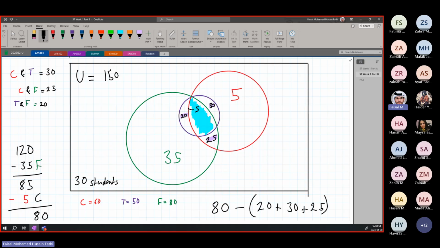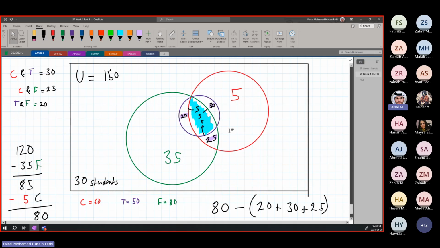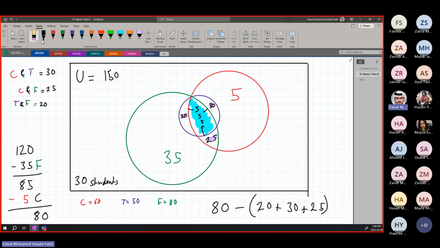So this is going to be 5. This is going to be 5. And this is going to be 5. This is basically going to make the middle have 15 in total. So we took 5, 5, and 5 from each side. And now we are remaining with 15 in the middle who like all 3 sports. And of course, because we took 5 from each one, we're going to have to remove 5 from each one over here. So this was, I forgot what they were. I should not have erased them all. So this 20 is going to become 15.